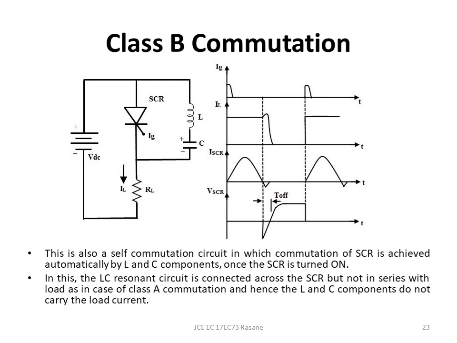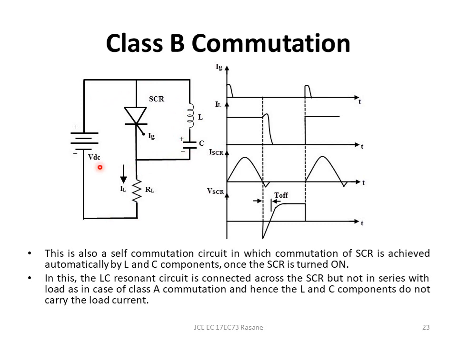This is class B commutation, and what we see here is the DC is applied to the circuit and the capacitor charges with the upper plate positive and lower plate negative. That is, what we are assuming is that instead of connecting L and C in series with this SCR, these commutating elements are connected in parallel with this SCR. The input is going to be DC, and when this SCR is not conducting, the supply voltage will charge this capacitor with plus on top and minus at the bottom to the value of VDC.